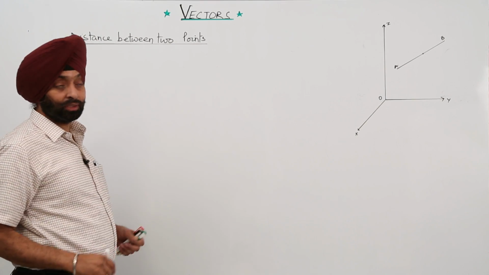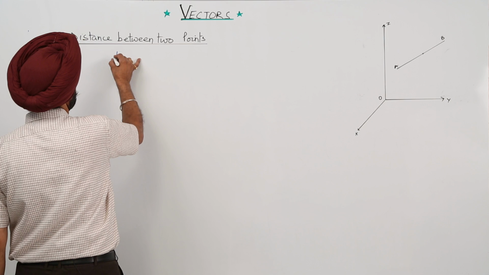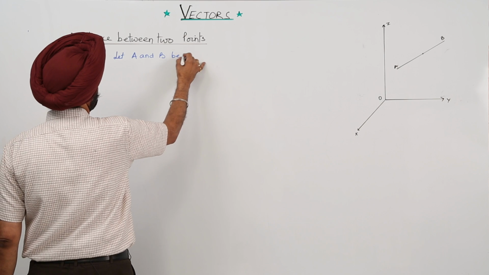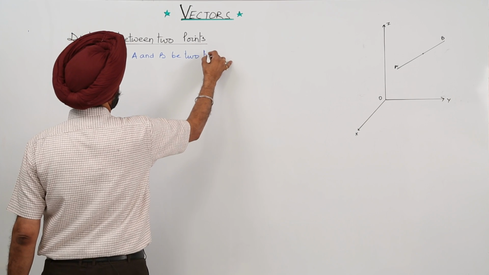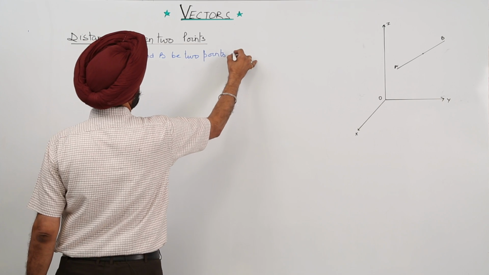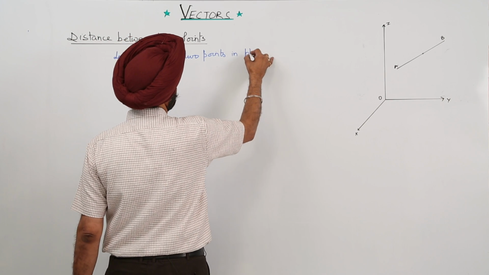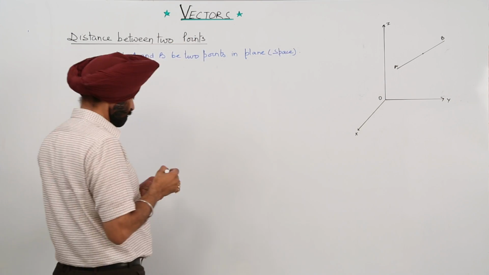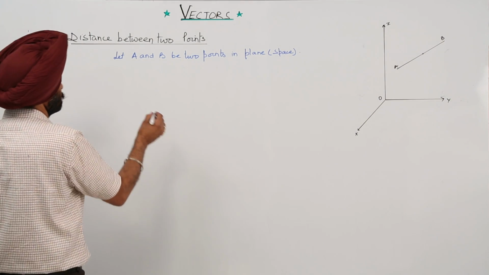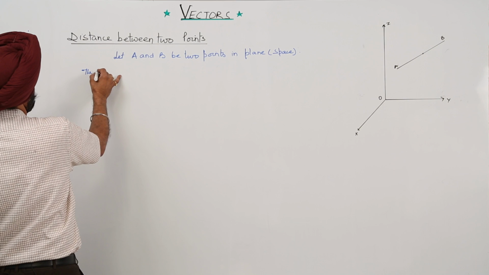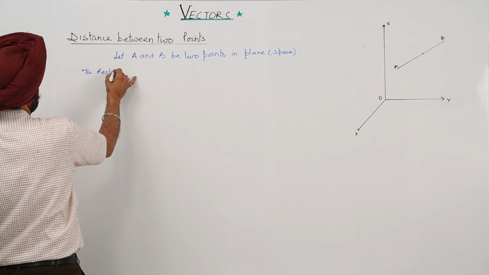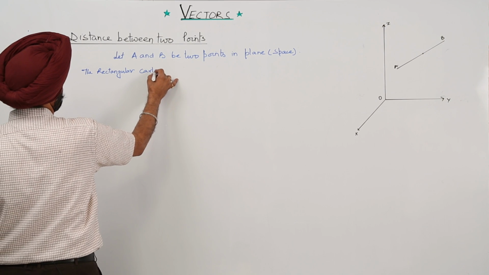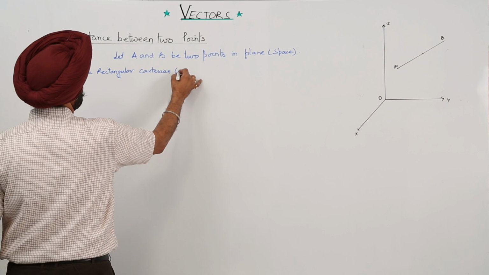Distance between 2 points in a plane. Now let A and B be 2 points in plane or space. The rectangular Cartesian coordinates